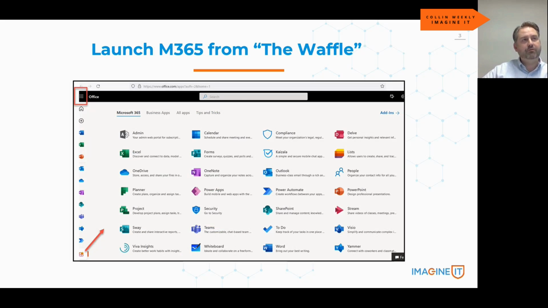So this is another view. Those of you that have M365 today have probably been to this page. This is office.com, the web version of your Microsoft 365 product. Commonly used is the upper left-hand corner. You'll see it's called the waffle, and it actually looks like a waffle. What that will do is show you all the different Microsoft 365 products that are associated with you and your